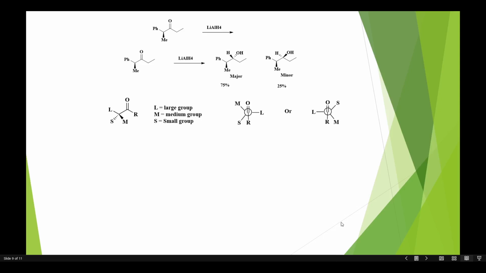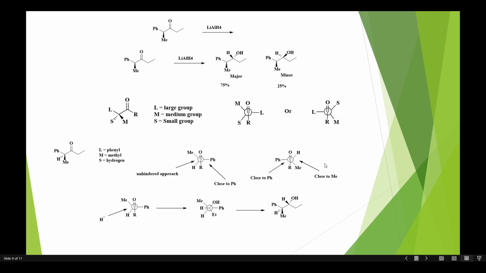It will depend. First, you have to draw your chiral aldehyde or ketone in a Newman projection for the more stable conformer. Then what will happen? First, we will do this for the same question that we have, where there are two different kinds of